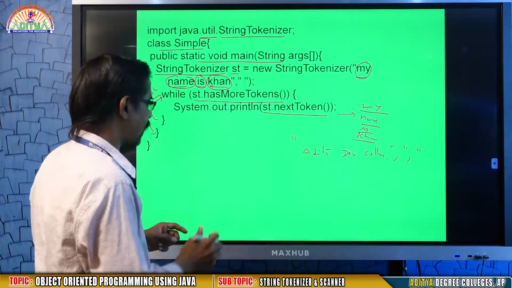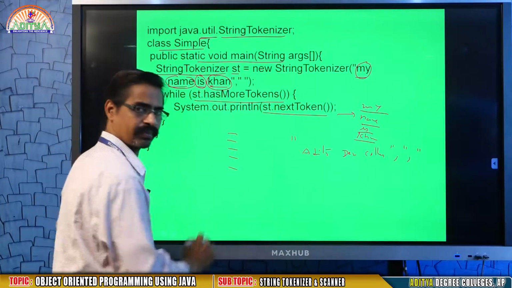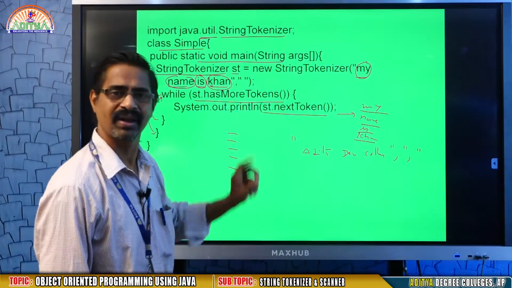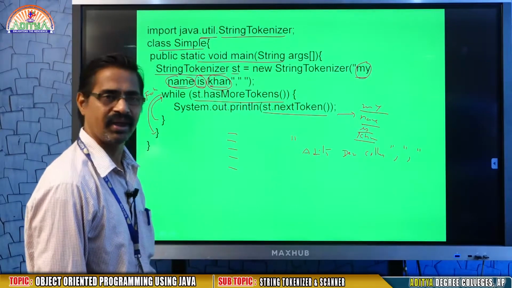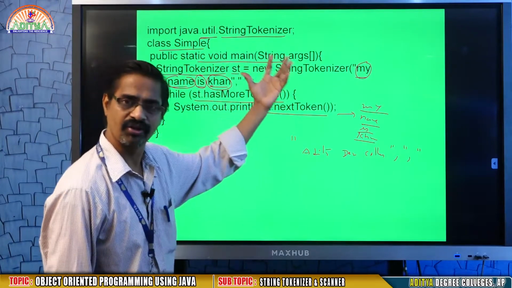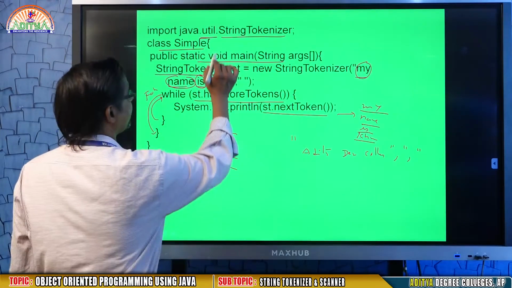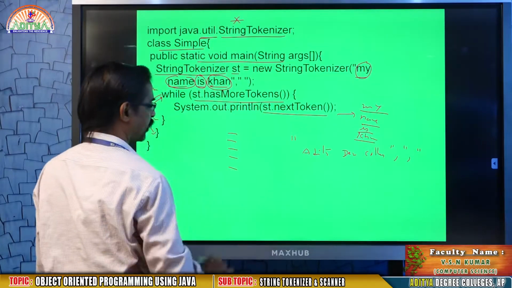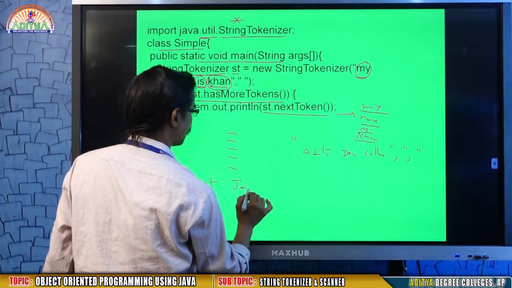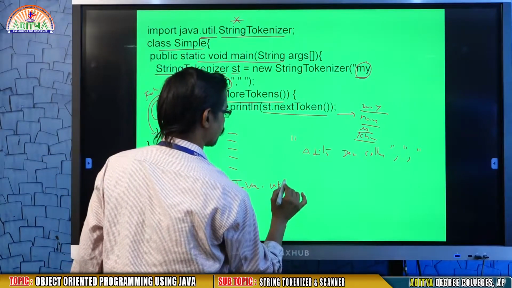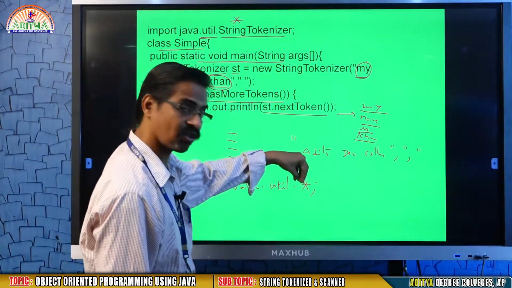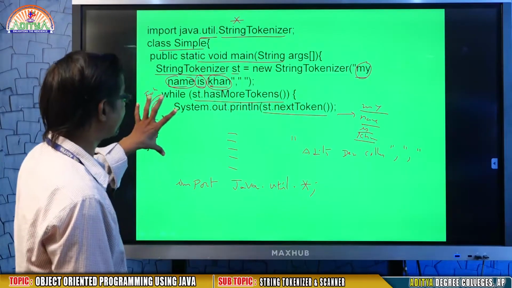For example, from util I am going to use 5 different classes: StringTokenizer, Scanner, Random, Vector. Instead of defining each and every one with import java.util.Vector, import java.util.Scanner, you may define it with a star mark. That means import java.util.star. You may define it like this, so that all classes are loaded.